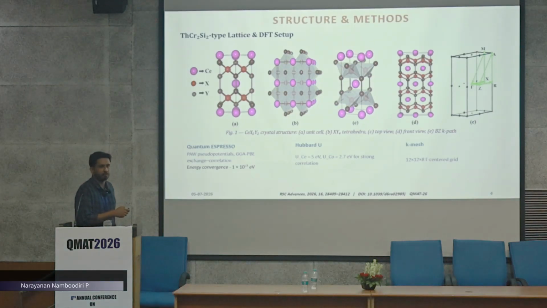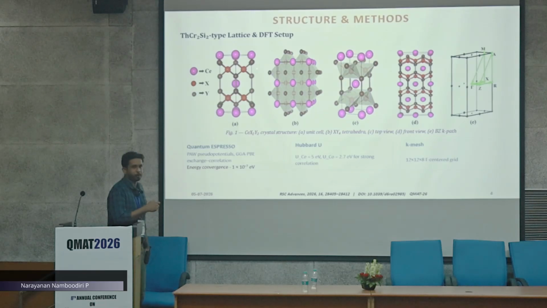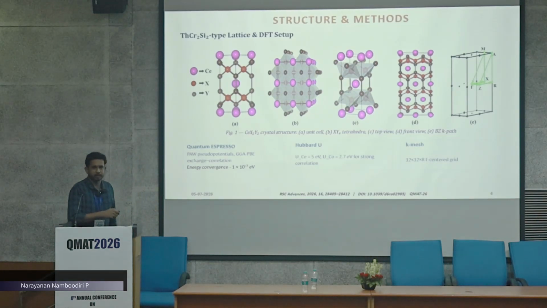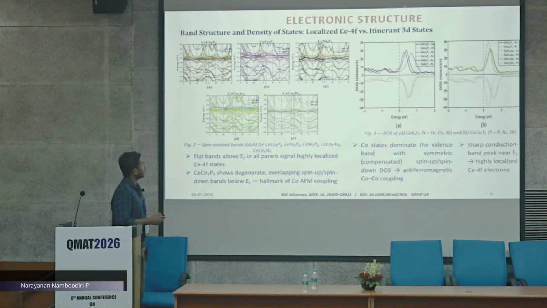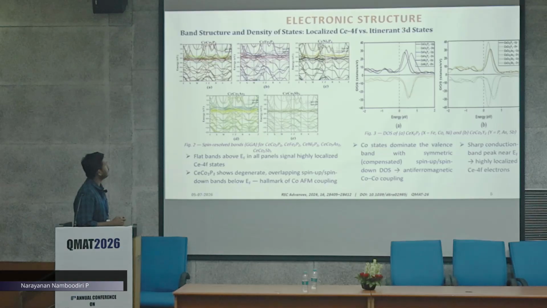sites, and we have found that this Co-type structure crystallizes in the antiferromagnetic configuration, whereas the iron and nickel show ferromagnetic coupling. Now coming to the electronic structure, we can see that flat bands are seen above the Fermi level, and these are the contribution from the localized 4f electrons, and mainly the Co atoms are located below the Fermi level, and the degenerate overlapping spin-up and spin-down behavior shows the antiferromagnetic coupling of